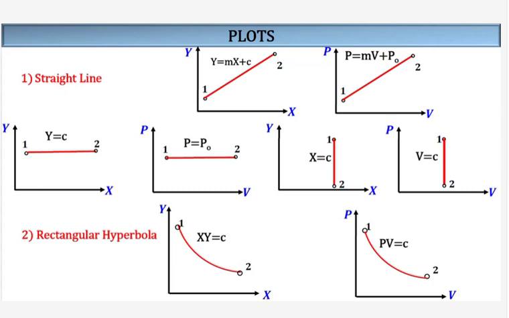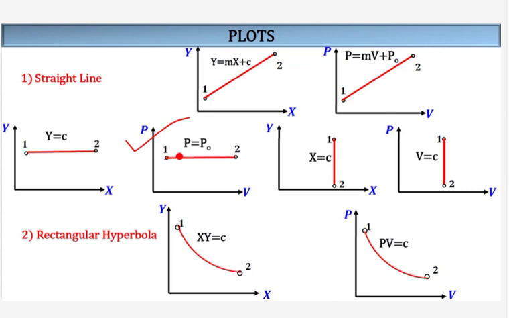So how to plot a graph? You just compare this thing with your straight line. This is a straight line graph, so it will be like this only, a straight graph. Now it depends upon the slope. It can be like this, it can be like this, it can go from here, it depends. But to understand whether it will be a straight line or parabola, hyperbola, you compare with the known equations.